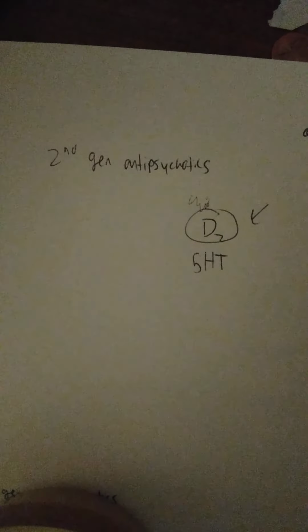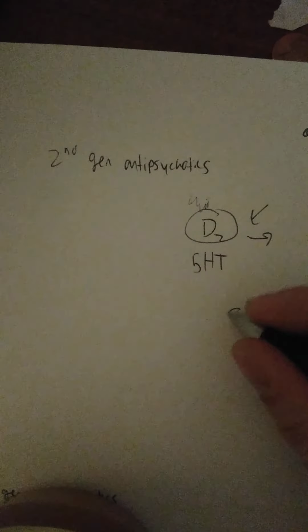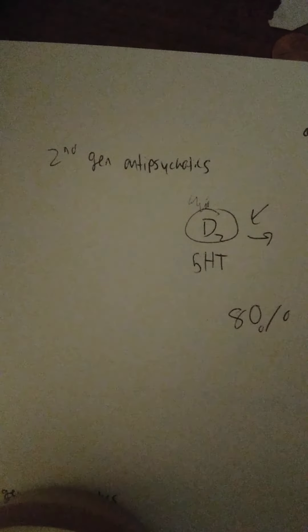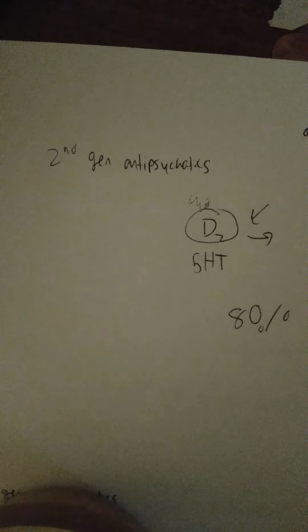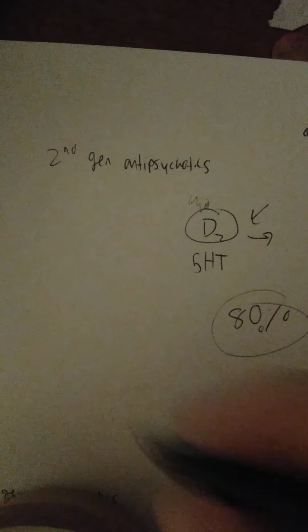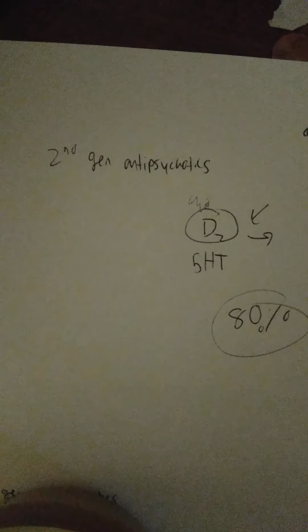So many first generation antipsychotics actually target D2 with an occupancy of about, I want to say, 80% roughly, because all measures of occupancy with dopamine seem to equate almost the same throughout the whole brain. So we know that 80% can be an occupancy rate at the D2 receptor. Now, this is a problem because of one specific side effect that I'd like to make the focus of the video about, and this is